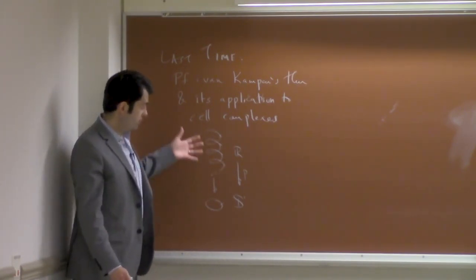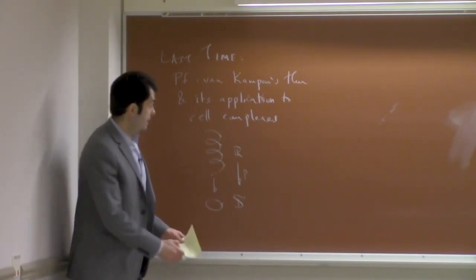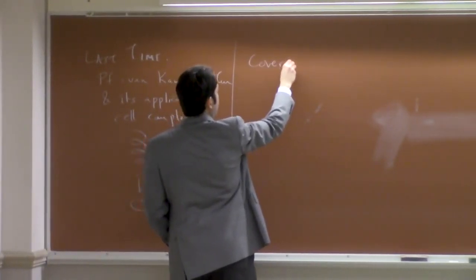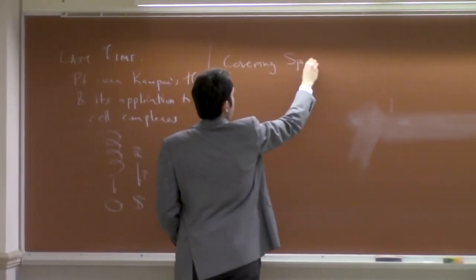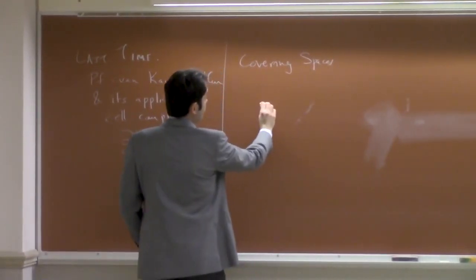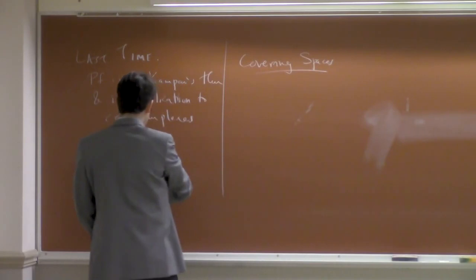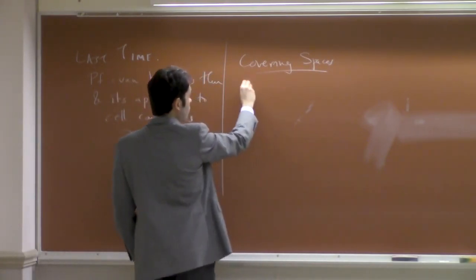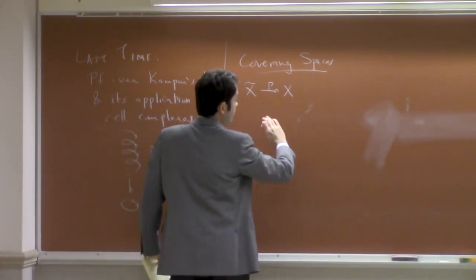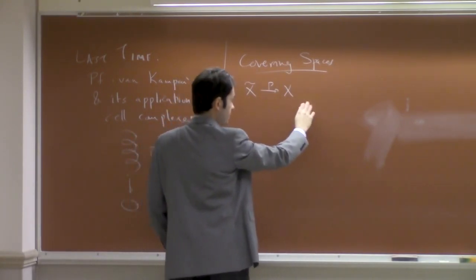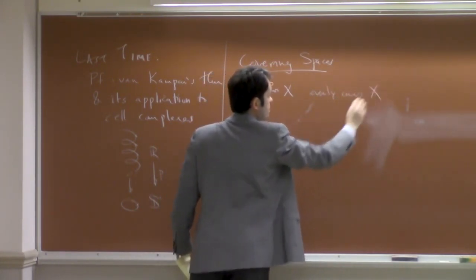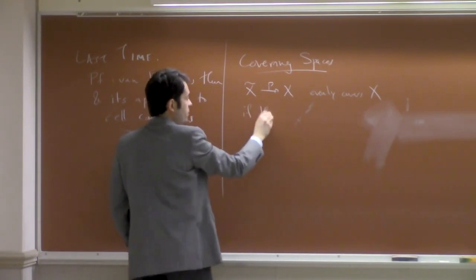So we want to study this sort of situation more generally. And this topic is called covering spaces. So we want to generalize this situation. So what we want is a map. And we're going to say that a map evenly covers X if there is